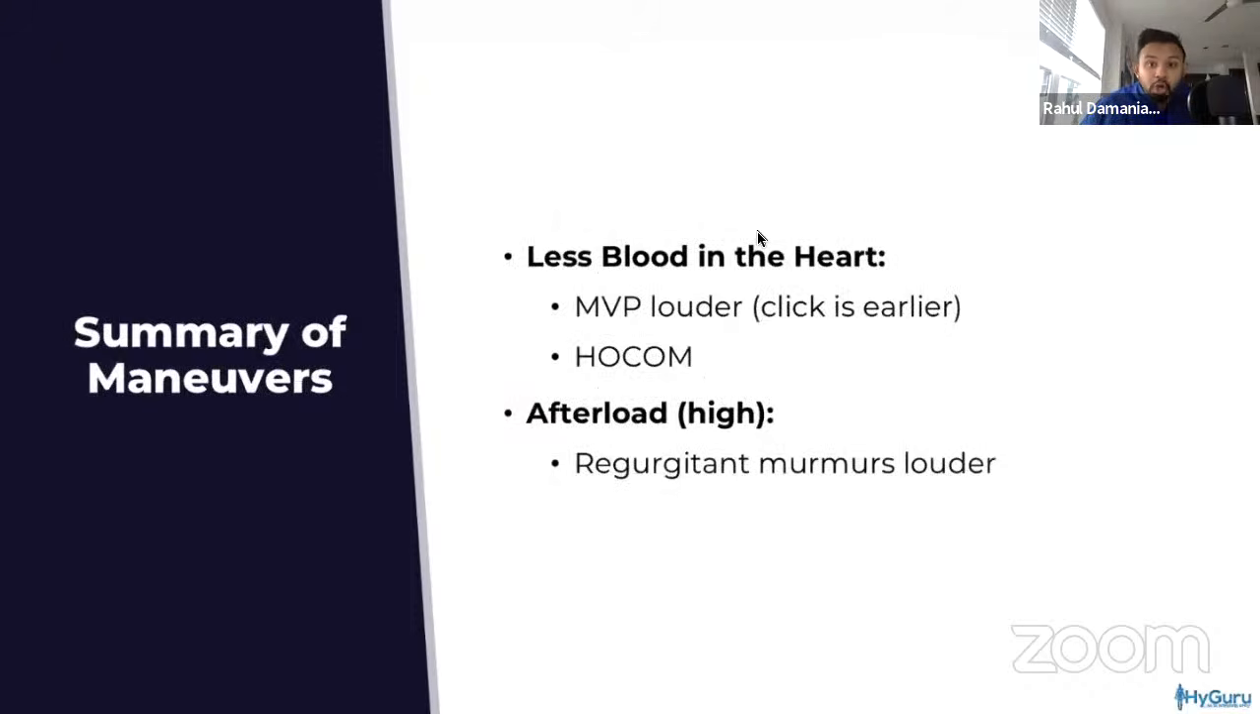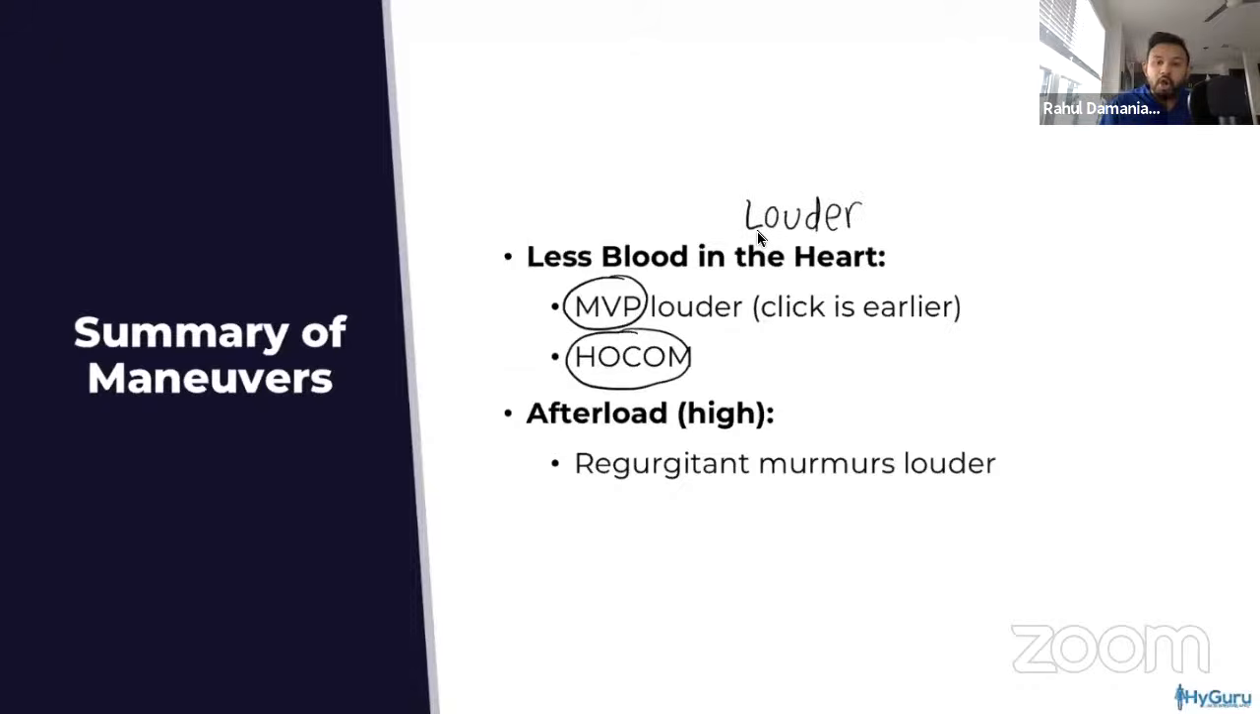I know murmurs are going to not only be challenging because of you listening to them, but understanding maneuvers to increase and decrease the intensity of the murmurs is also going to be important. I would also encourage you to look at my videos on murmur auscultation so that you get this concept in your mind. In general, the ones that I've seen highest yield and most frequently tested are MVP and HOCM being louder